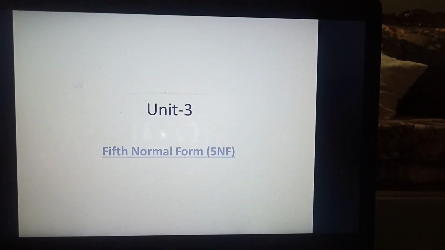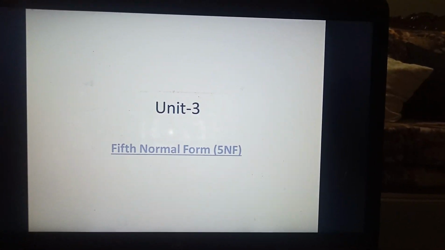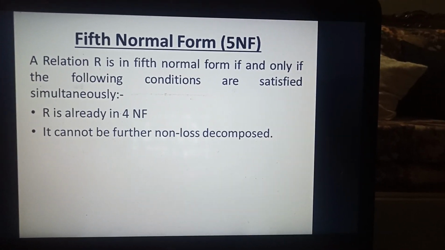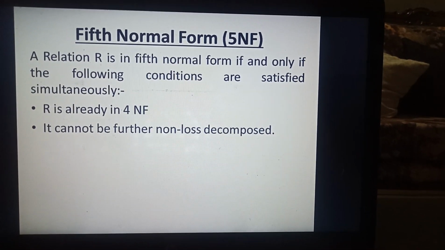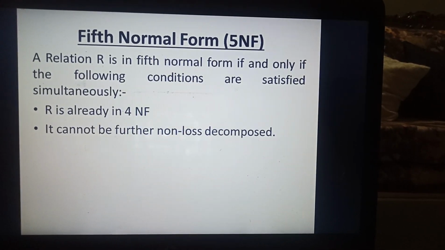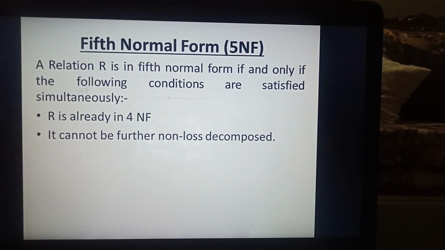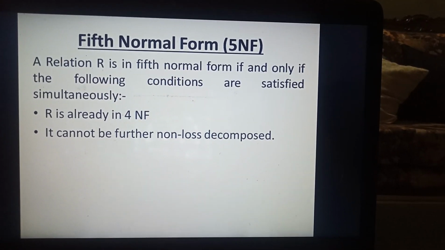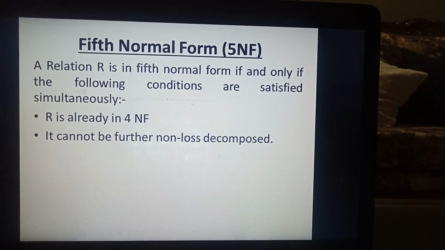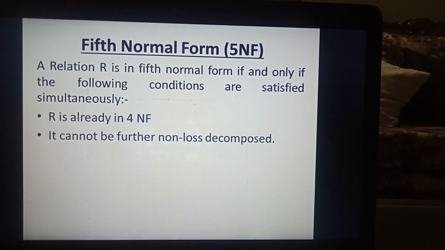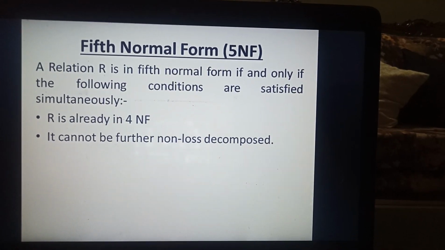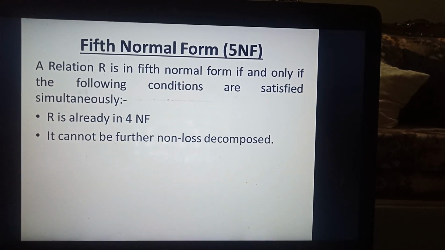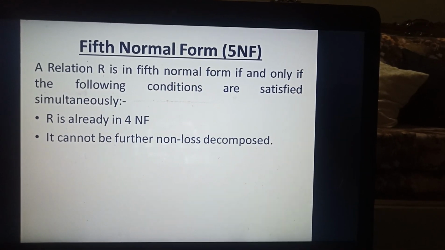Students, in this video we will discuss the topic fifth normal form. Now fifth normal form is also known as 5NF. So a relation R is in fifth normal form if and only if the following conditions are satisfied simultaneously. First condition is relation R is already in 4NF, fourth normal form, and second condition is it cannot be further